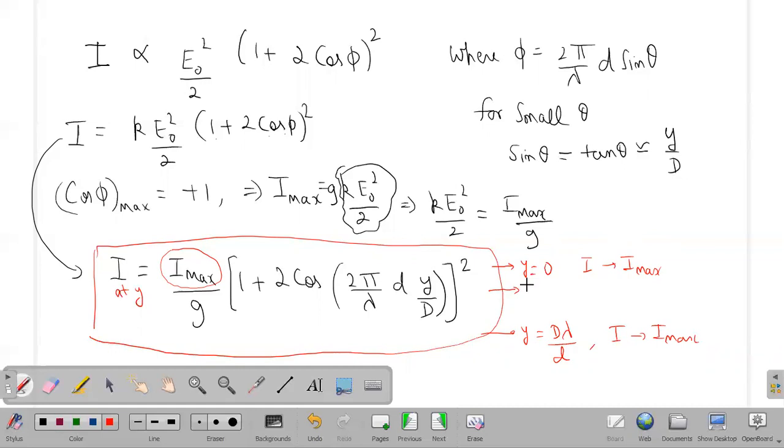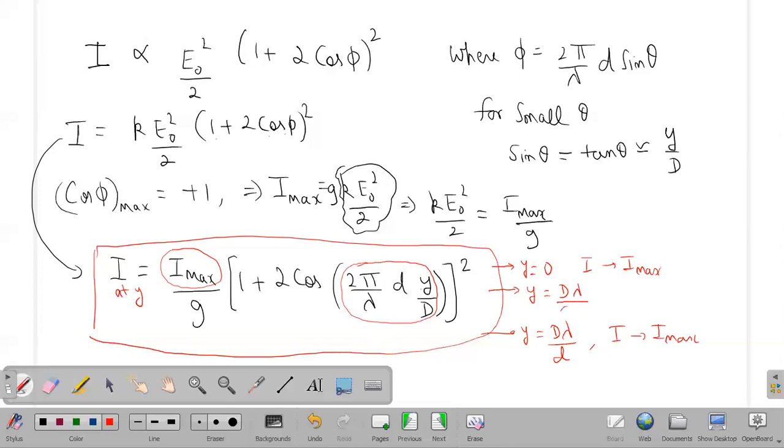Right? But what will happen when this term is pi by 3? It is possible that for some value of y, you get pi by 3. And that is y equal to d lambda